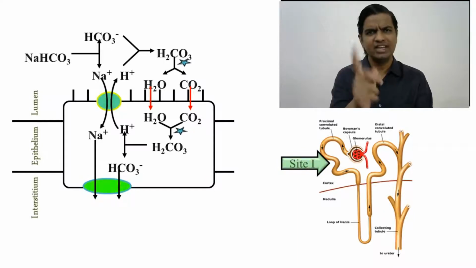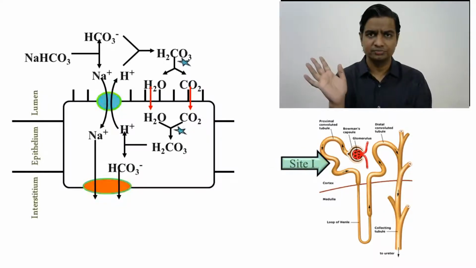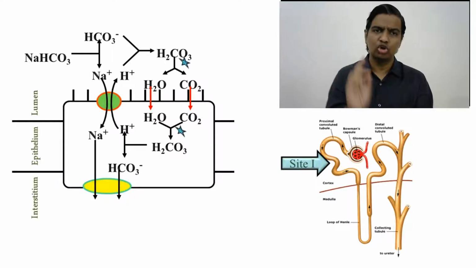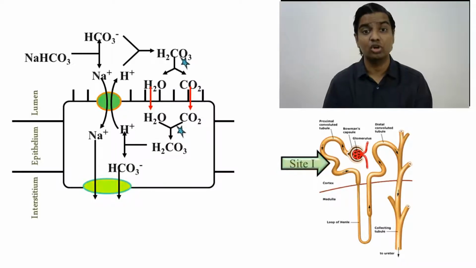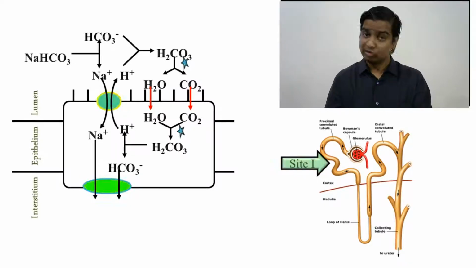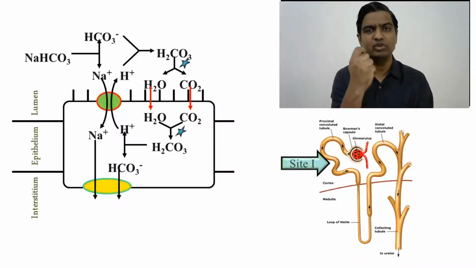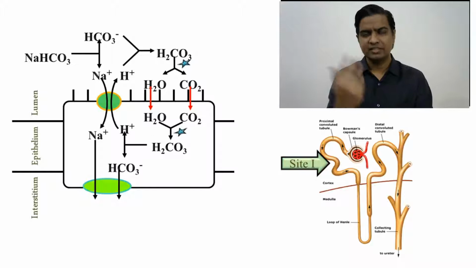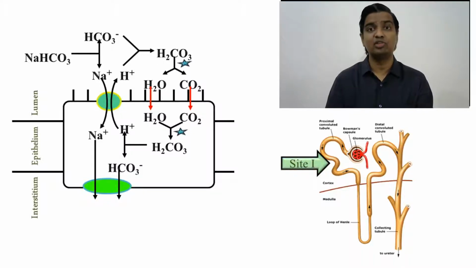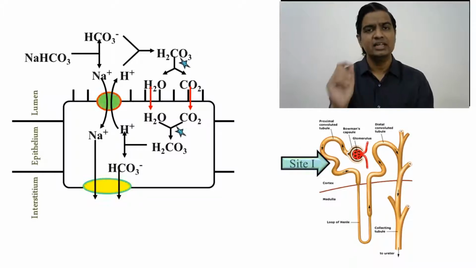And remember, wherever salt, wherever sodium, there is water. So when you reabsorb Na+, automatically you are reabsorbing water also. So this was a good target. If we could somehow interfere with the reabsorption of sodium in the PCT, then water would also not have been reabsorbed, unfortunately, or fortunately, whatever way you are looking at it.